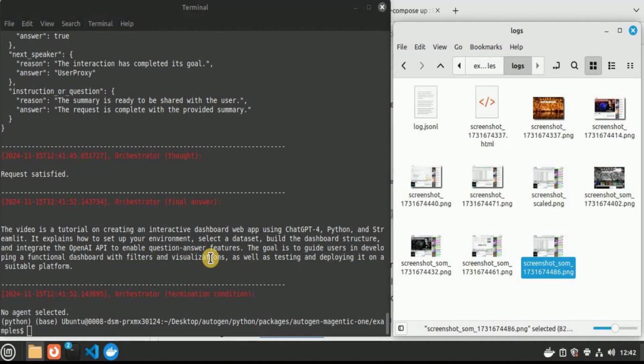Wow, that is amazing. I wasn't expecting it to fetch all of this information, as I thought that it was not able to actually go and view the YouTube video on its own, but it actually did that and has provided us absolutely correct information about what the video is all about and what is actually happening inside the video. Amazing. As you can already tell, I am highly impressed by this amazing new agent from Microsoft,